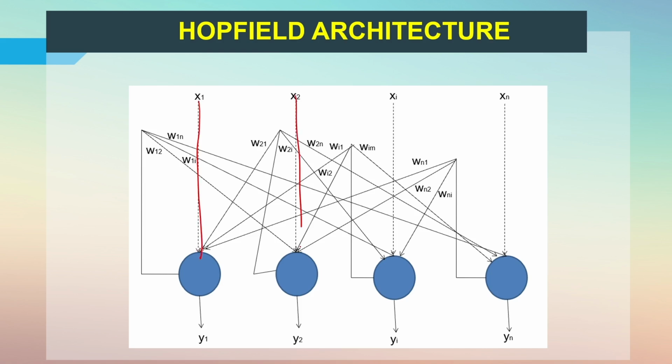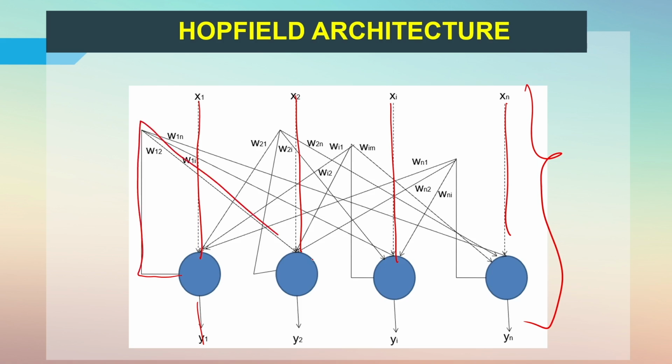The next architecture is the Hopfield architecture. Under this architecture, there is a backward connection that you should remember. See, x are the inputs, and there is the output. In this way you have a feed forward connection. And if you look at the weight value, it has been taken from this node as an output, and this weight value is fed to the other node in the network. So, this is the small feedback connection.